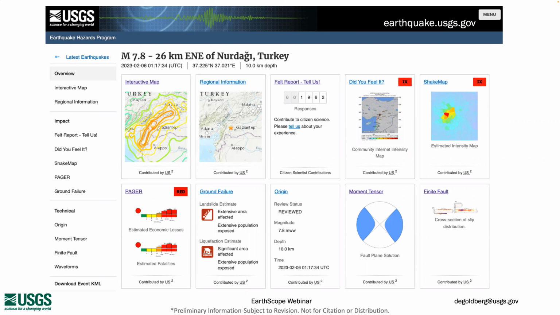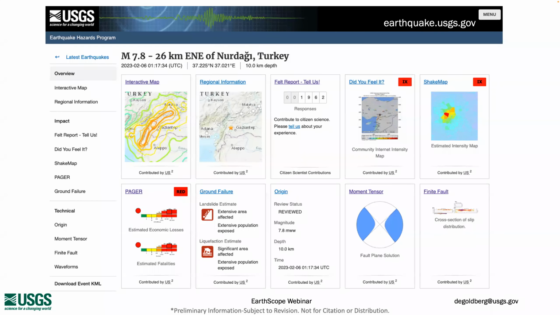So we had access in more or less real time to a sparse data set, the KO network, which is available publicly, but AFAD, which is, from my understanding, sort of the USGS equivalent of Turkey, their data is not publicly available.